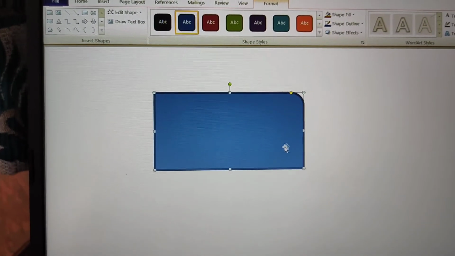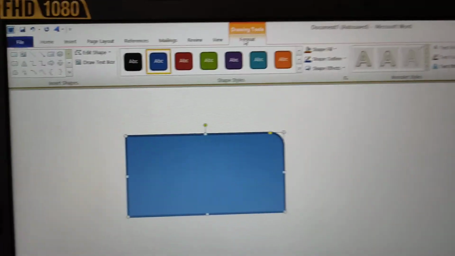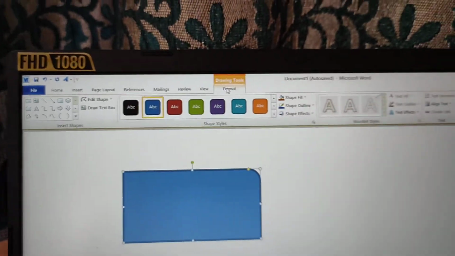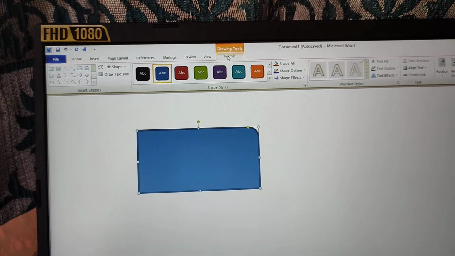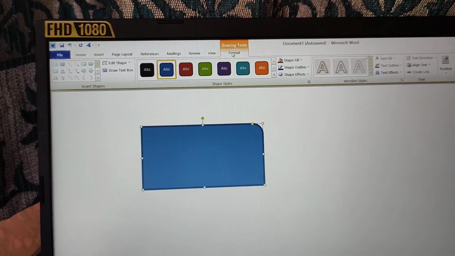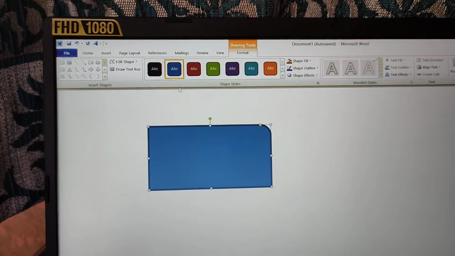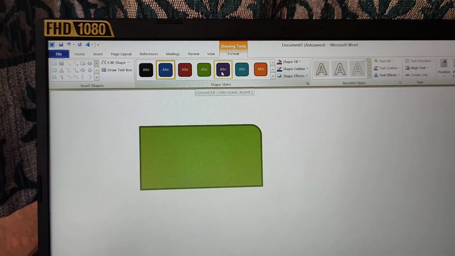As I insert this shape, format options appear. Only when you insert a shape will you get this option. Unless and until you insert a shape, how will you do formatting? First we need that. So when I have inserted this, I got the format. And variety, suppose if I click on this, it will change. The color is changing. Just see.